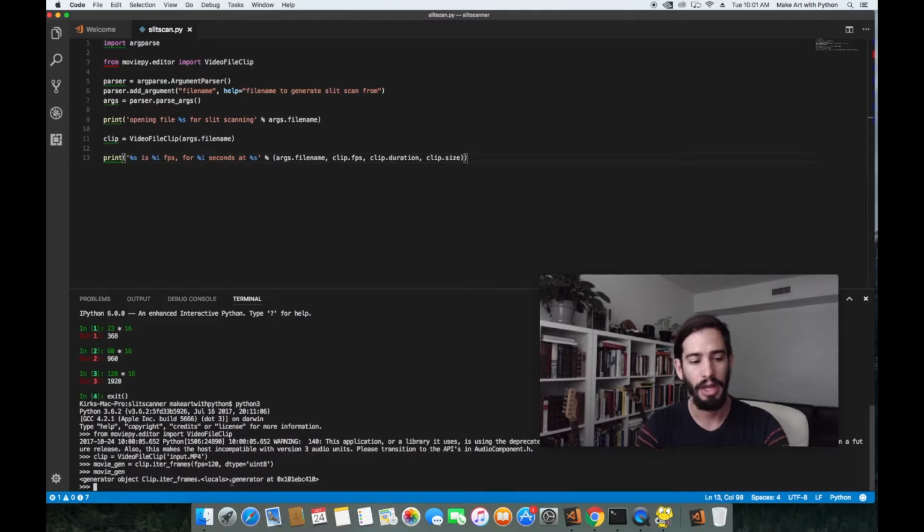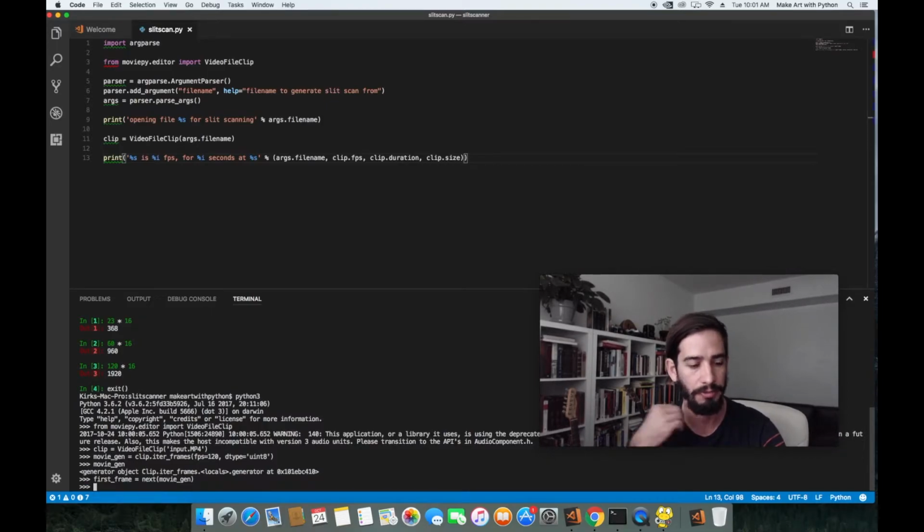The way that generators work in Python is that, on demand, each time they're called, they will create an instance of the current variable. So if we do next movieGen, and next is a built-in function in Python, we'll get the very first frame. So I can set first frame equals next movieGen. So if we do first frame, and we type it correctly,